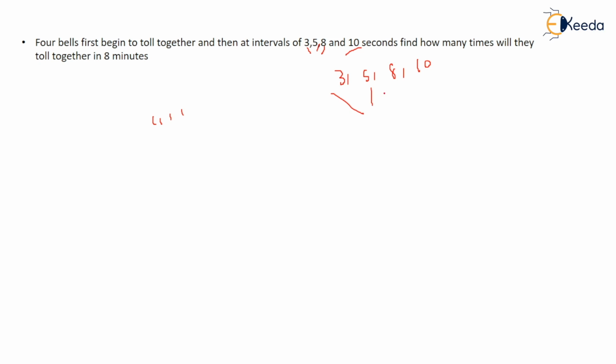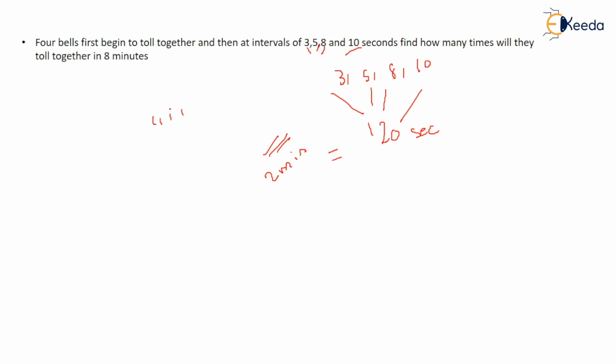So you have to find a number at which all of these can be divisible or they can ring together, right? It is a simple case of LCM. So you have to think of a number that can divide all of these. So 80, not 80, 60. 60 also. 120 is the number, I guess, that can divide all of those. So 120 means after 120 seconds, means after 2 minutes, one time they ring together.